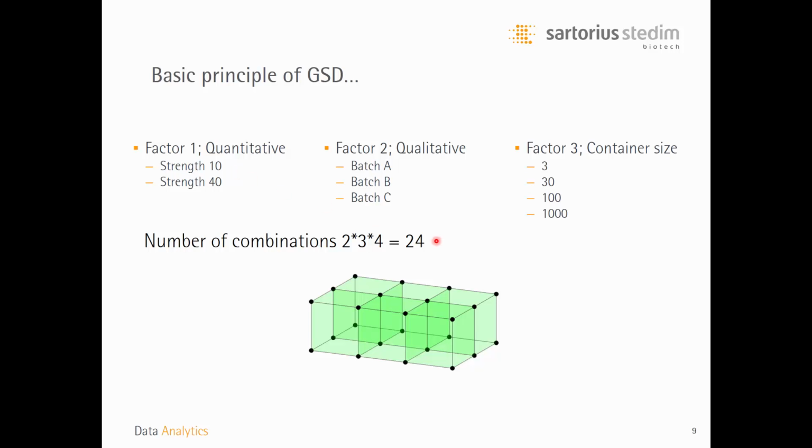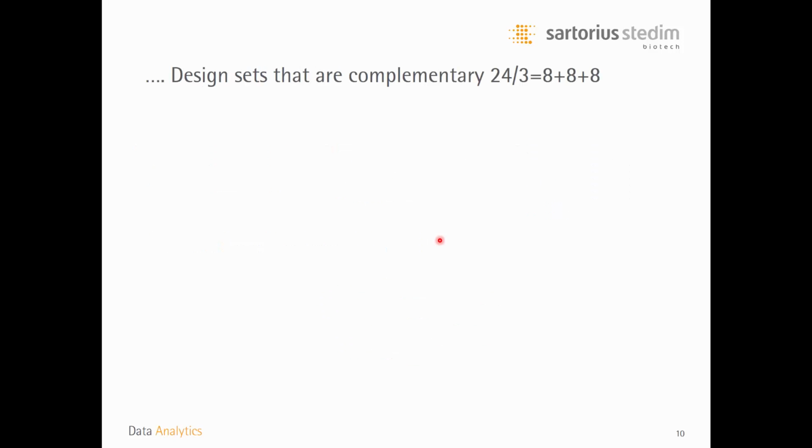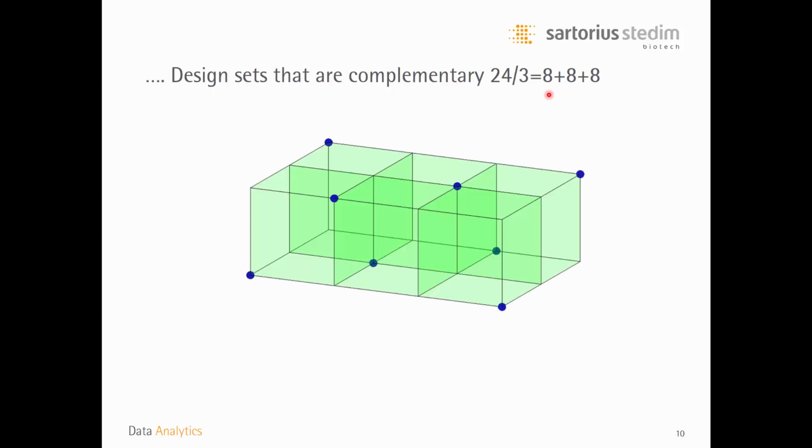And with the GSD approach, you can try to fractionate this number of 24 into smaller and complementary subsets. So we can, using the GSD, develop so-called design sets that are complementary, and we are exemplifying the possibility to divide the 24 runs into 3 design sets that are complementary and having 8 runs each. So the first alternative design set would be this one, the second would be this one, and the third would